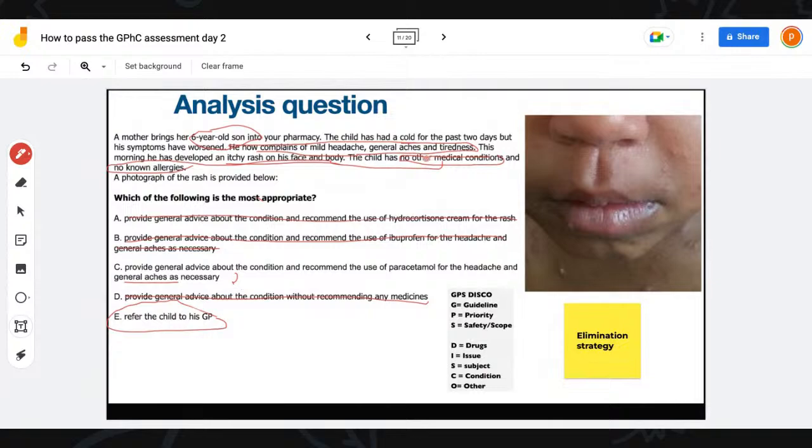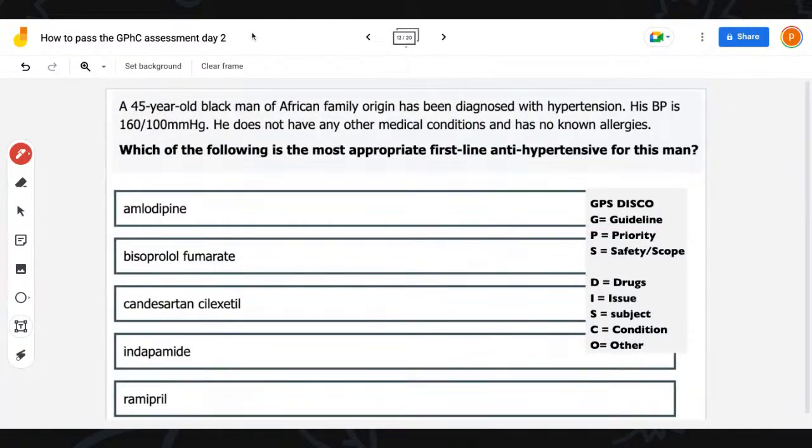So this is how you make that decision to give paracetamol, because you're going to deal with the pain. And if you deal with the pain and there's a chickenpox rash, it's going to disappear. And if it does and things get worse, then that child could end up being referred to the GP. Okay, so some of you have given me answers for this question. Another GPhC question there. Great, great. Is that clear? Whoever asked that question, I hope that's clear.